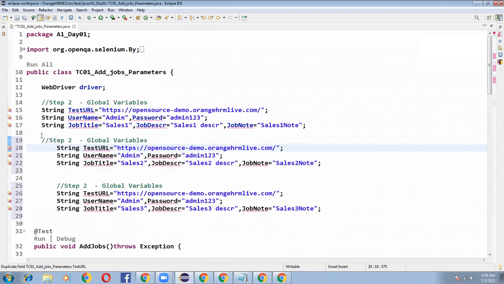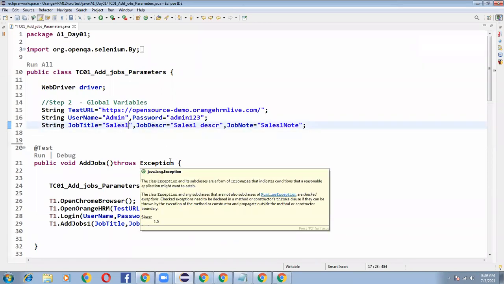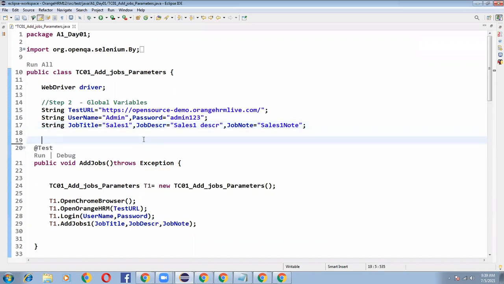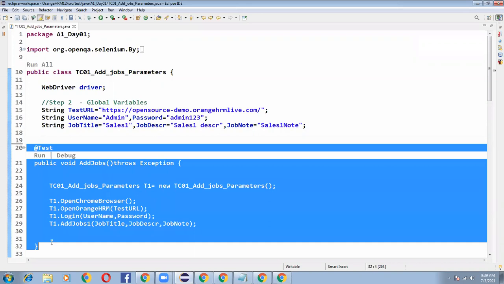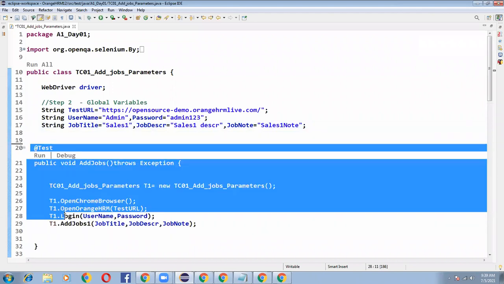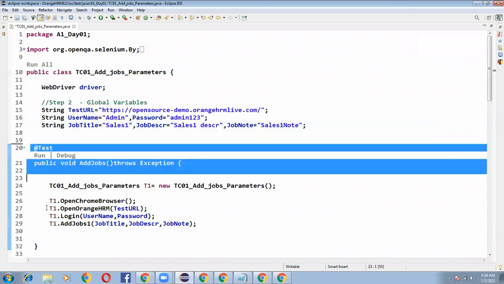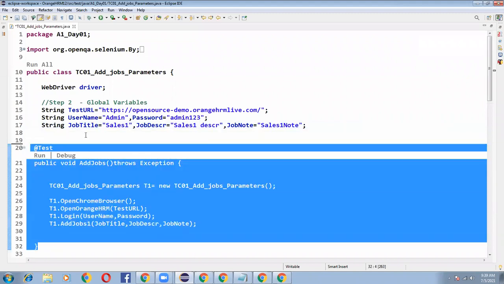So far, what is the approach that we know? Every time I manually change my input data and run my program, so it takes manual intervention. But I don't want that. I want to execute this main test for three different sets of input data: the first set, then the second set, and then the third time for the third set of input data.